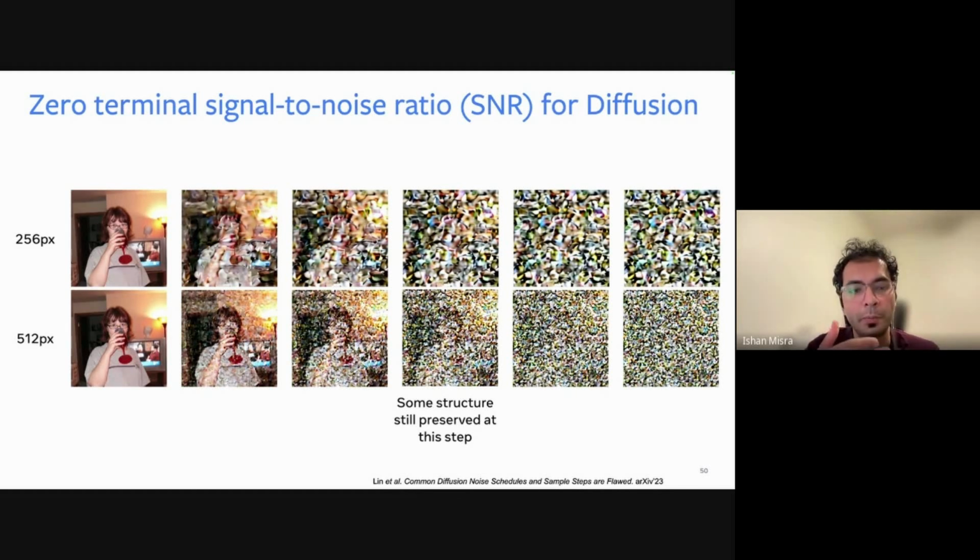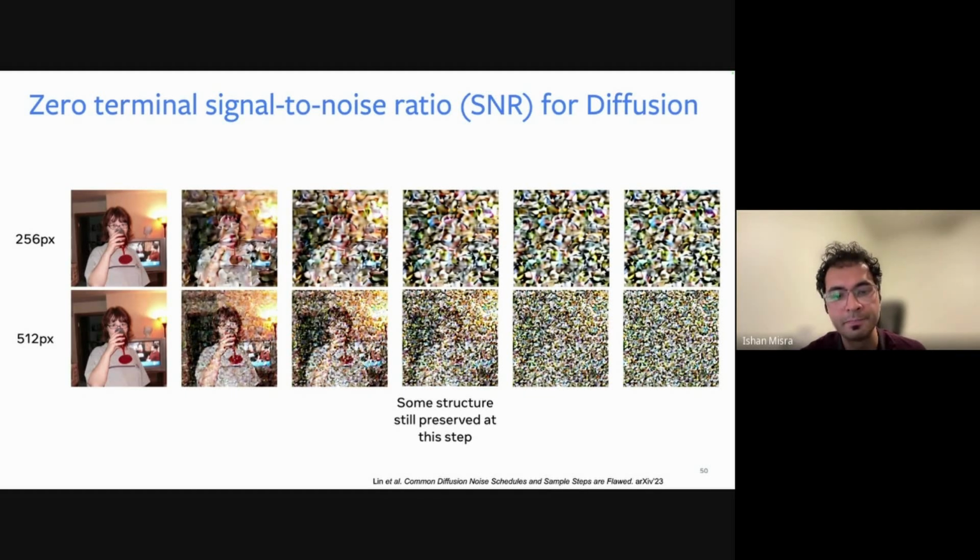The noise schedule was really optimized for the 256 pixel resolution. If you look at 512 resolution and you add the same noise schedule, or the same amount of noise, there's still some structure preserved at the higher noising steps. It's not perceptible to human eyes, but even at the ultimate stage, where you expect the input to be complete noise, it doesn't really have complete noise. There is still some signal remaining,